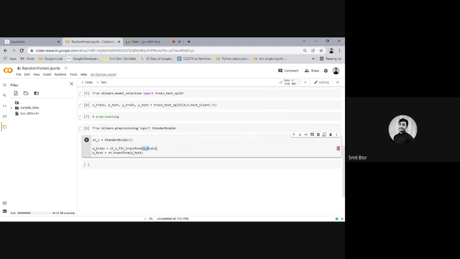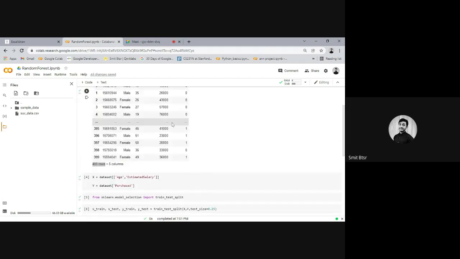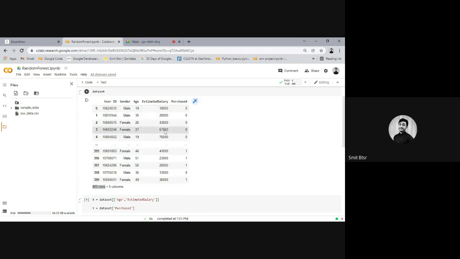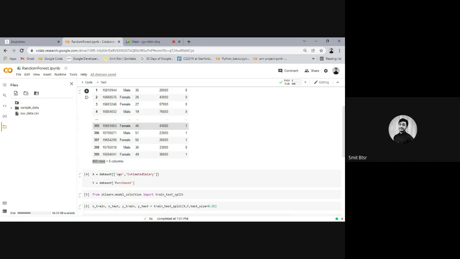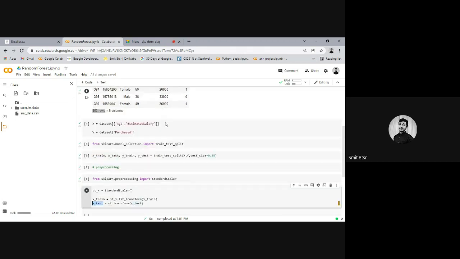So what we are doing is we are passing this data, x_train and x_test, to this method, which can be used through this class instance. After doing that transformation, we assign it again to the same variable. So basically we are updating these values with transformed values. Scaling maps these values onto a scale between 0 and 1. Scaling means it reduces the scale of these values.